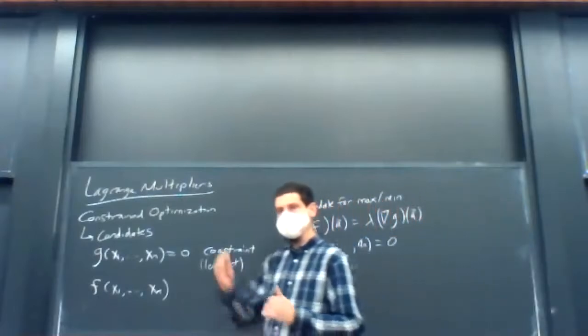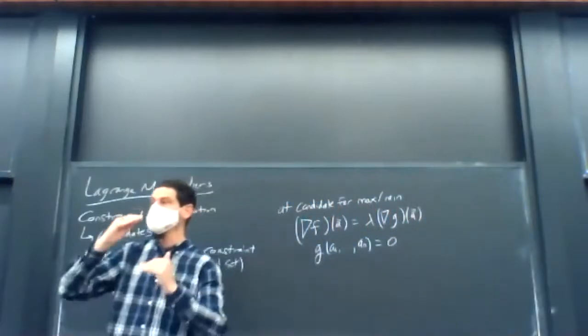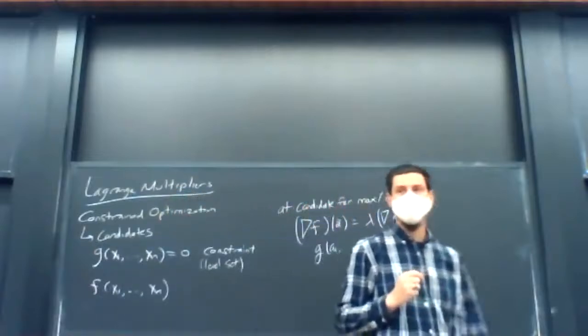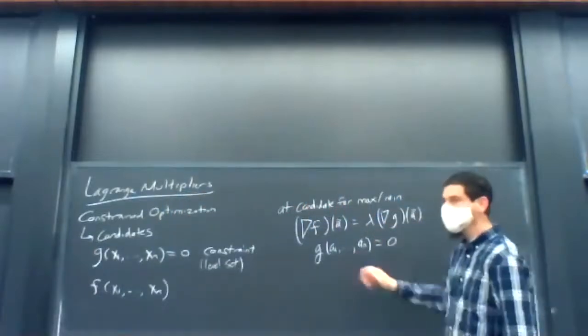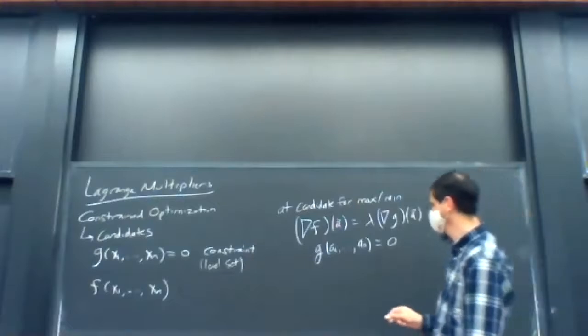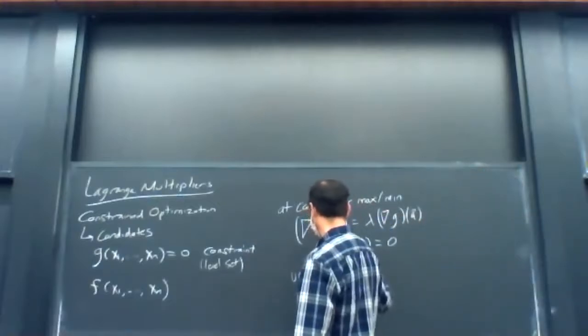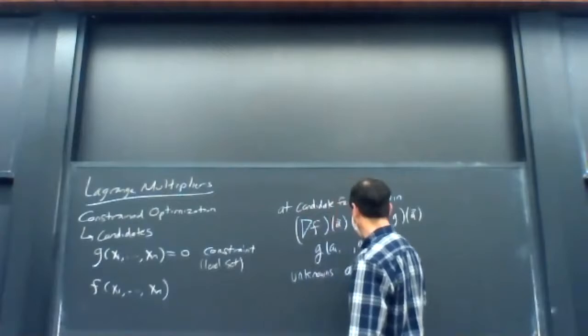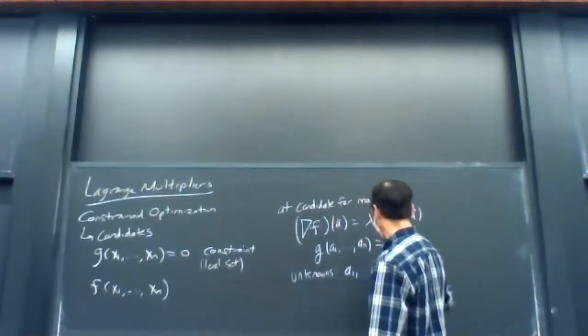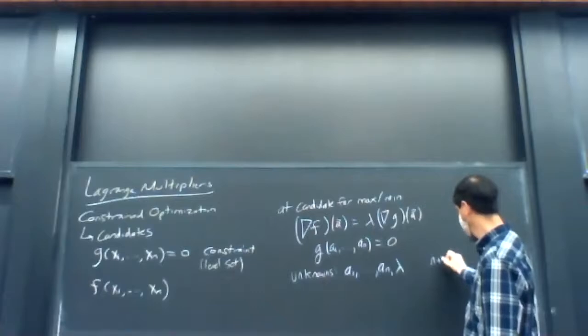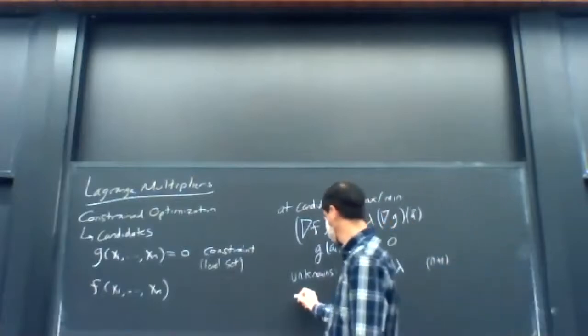So the perfect balance, when we have just as many equations as unknowns, maybe we'll have only finitely many solutions in that case. And so the question is, how many equations do we have here? How many unknowns? So the unknowns, it could be a1 through an and lambda. So I have n plus 1 of these. And the equations